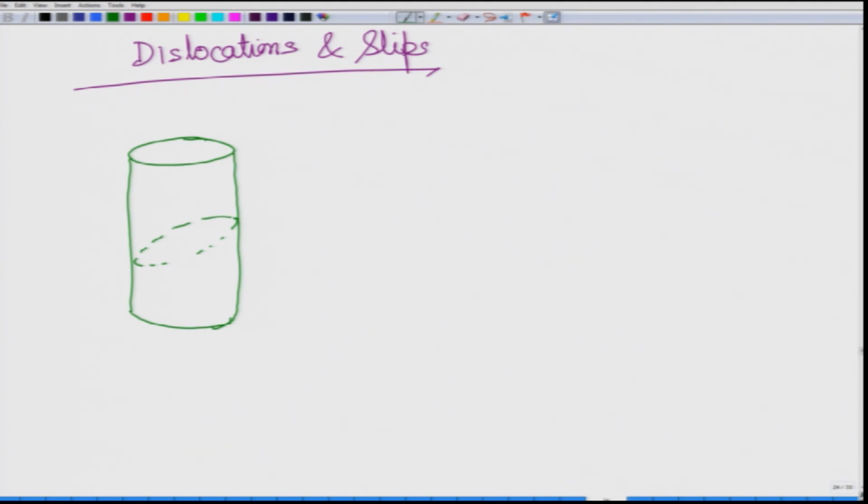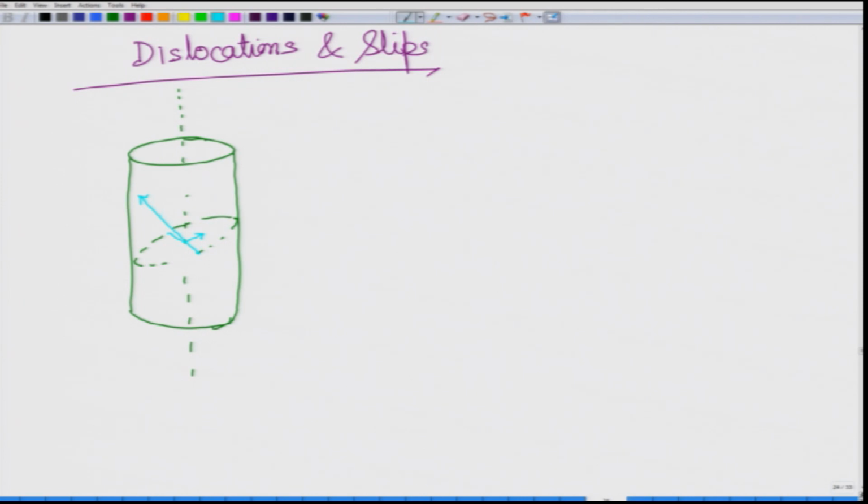If you remember, there are 4 different planes. So, there can be 4 different 111 planes over here. Let us say this is one particular plane that we are talking about, and in fact, you should be talking about all the planes, but for the sake of understanding we will limit ourselves to one particular 111 plane. And let us say we have a dislocation which is like this, and for this dislocation this is the slip direction, and for this particular plane this is the normal.